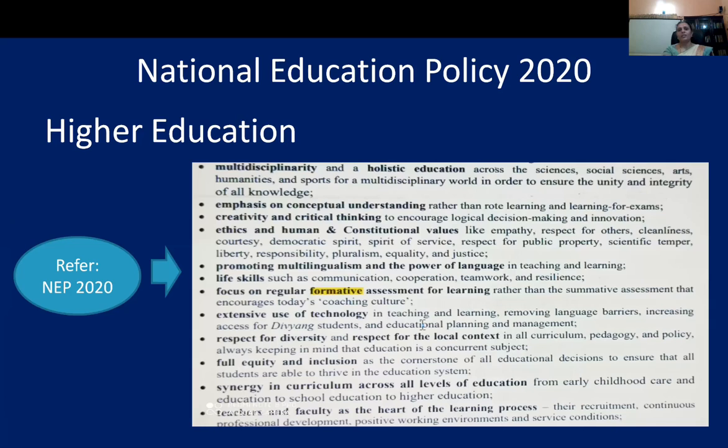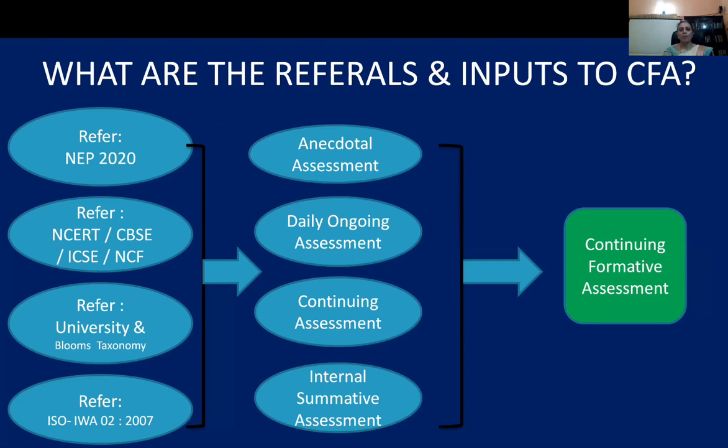Let's discuss the referrals and inputs towards continuous formative assessment. We have already discussed National Education Policy 2020 in the previous slide. The next referral is the NCERT, the CBSE, the ICSE or the National Curriculum Framework assessment pattern that is applicable for K12 education. Similarly, one may refer to the respective university or autonomous college assessment patterns as applicable that need to be integrated